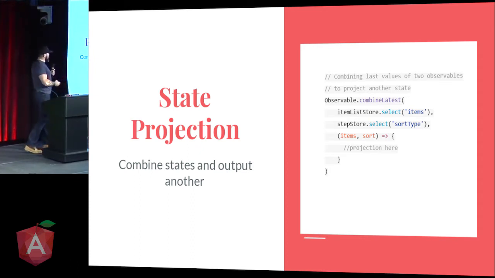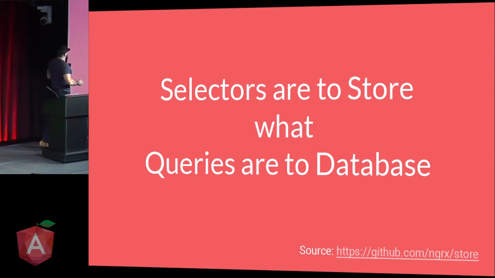So if I want here, I'm taking the list of items from my item list store. I'm going to take the sort type from the step store, and then I'm going to project any state that I want. If I want to create an object that has the value and the sort mechanism, the index, I can do really whatever I want and output an object that has nothing to do with originally how my store is put together. So if we look at the store,